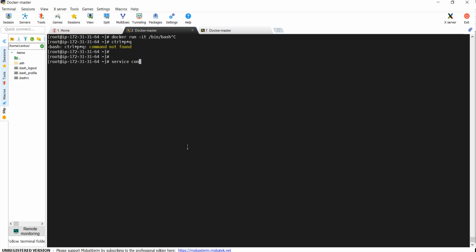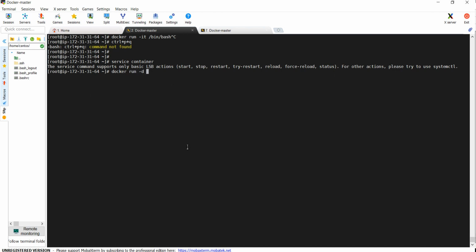Okay, next comes service container. Service containers are those containers that we can run in detach mode, docker run minus d, because they already have a daemon running in them that keeps them alive. And if you want to connect to an already running container, the command is the same, docker exec hyphen it. So I hope things are clear to you now, when you need to use the minus d option and when you need to use the hyphen it option with the docker run command.